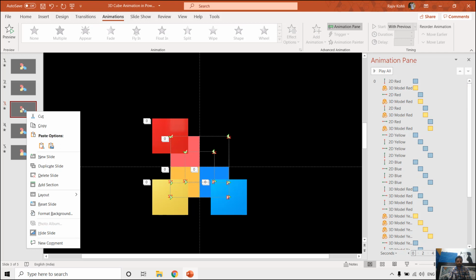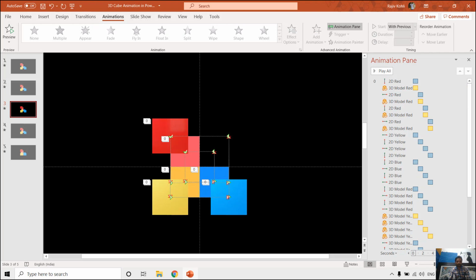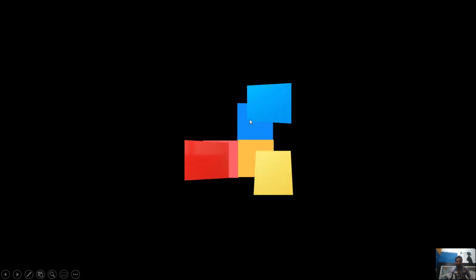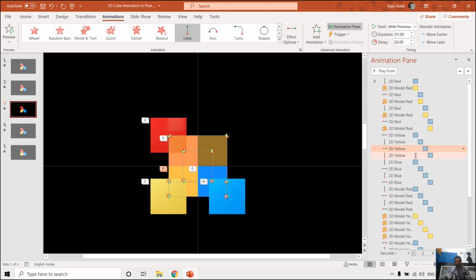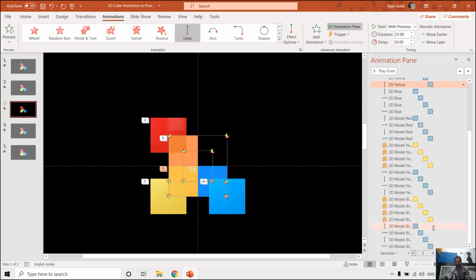Now let's move to the third slide and see what I did on this one. Here I increased the duration to 1 second, but without any jumping. For that you have to add the exact delay timing between the animation effects. You can see that I have exactly added a 1 second delay timing between all of the pairs of the animation effects: here you can see a 1 second delay, 2 second delay and 3 second delay. And I did this for all of the animation effects one by one.